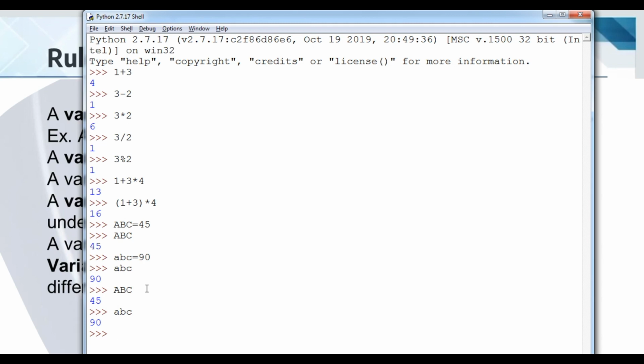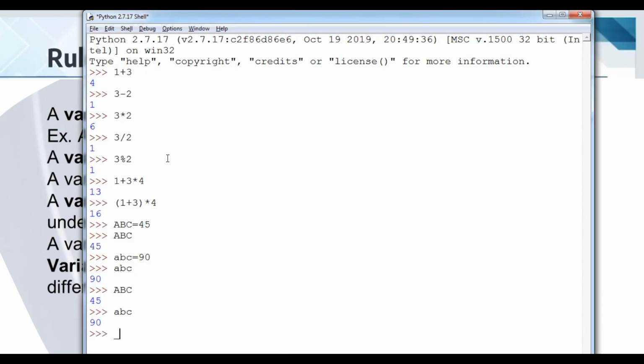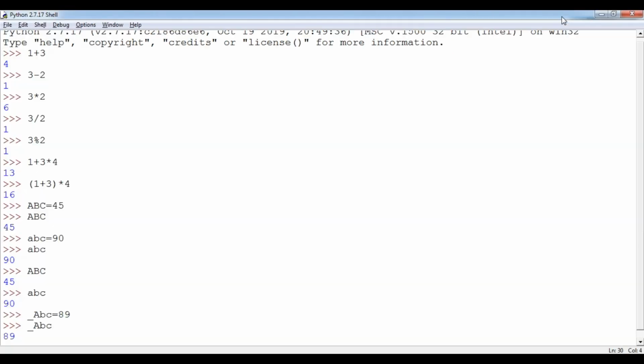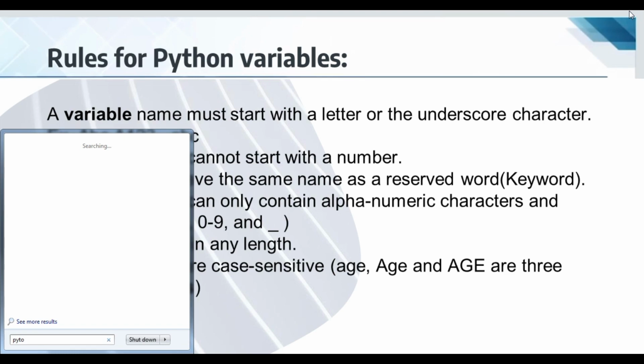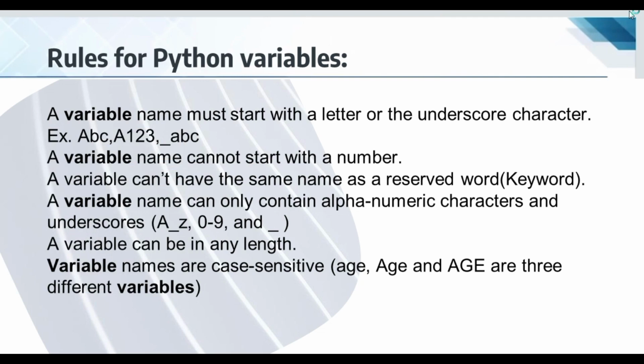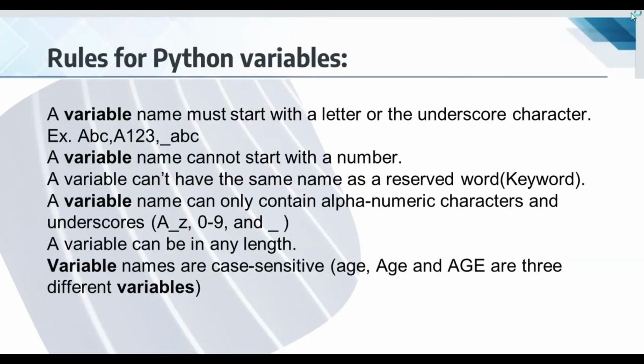Okay, now we are talking about another part. A variable can also start with the help of an underscore. So here underscore, suppose ABC. Now I am going to put a value like this. So here you can see student, it is showing me the answer. Can you see student? Good. So we are going to just open Python again. So we have understood, student, the first naming rule, that a variable can contain a letter or underscore.